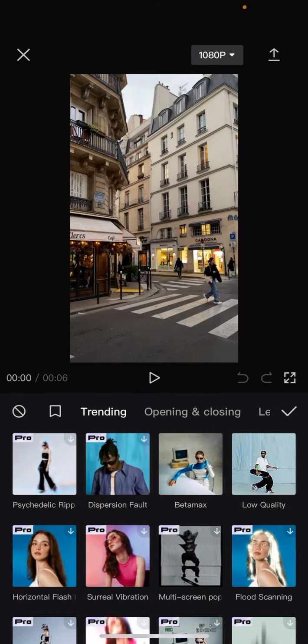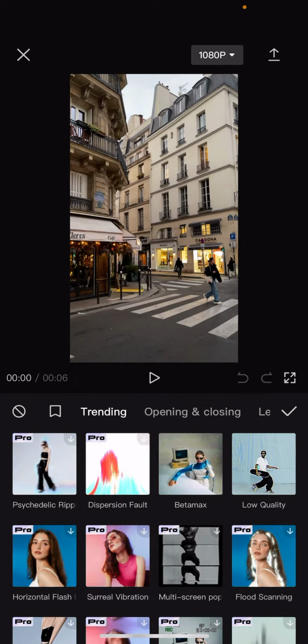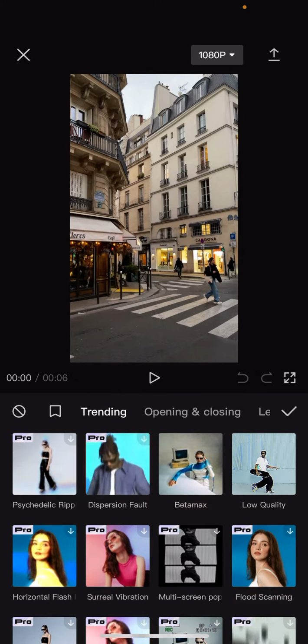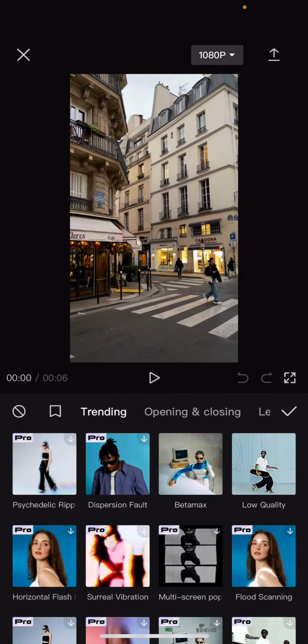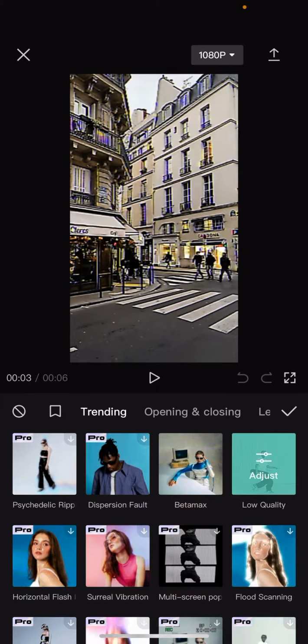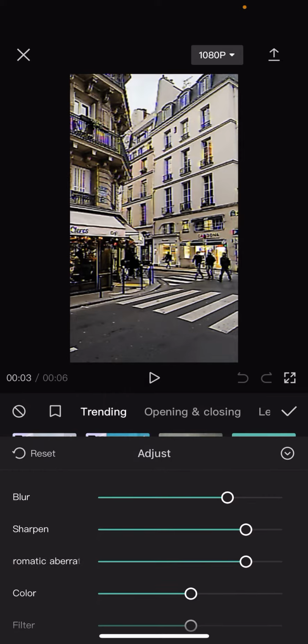or a gallery, and from this gallery you can select. You can see that there are pro versions, but there are free versions as well. And when you select one of them, just click on it, and now you can see that this effect is added to my video. And if you want to adjust, click on that effect again, and you can see that